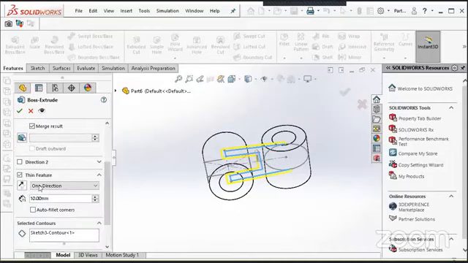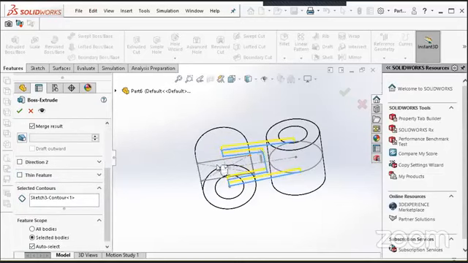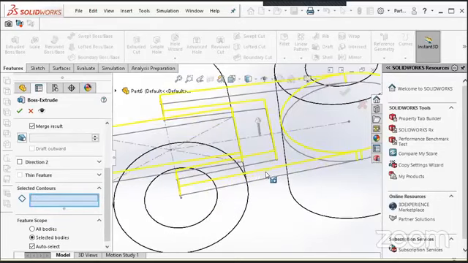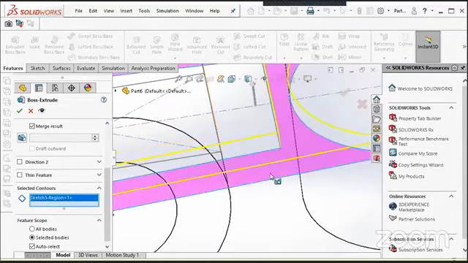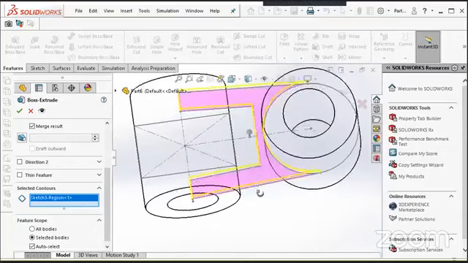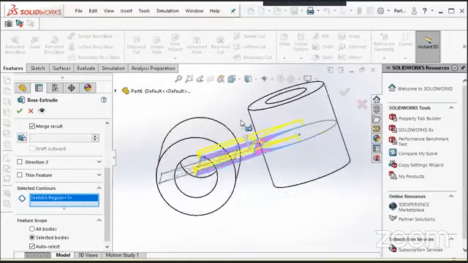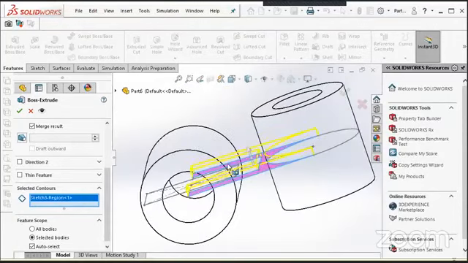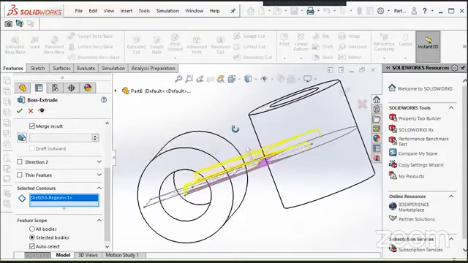But in this case, I want to make a selection of the region inside this sketch. So what I will do is go near the sketch and select this region. SolidWorks smartly identifies the region and presents me the outcomes.